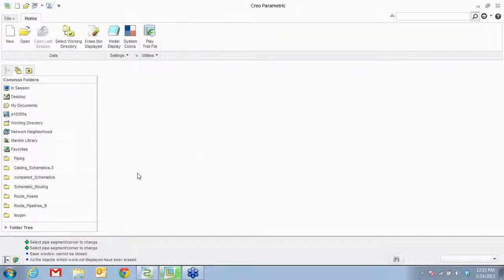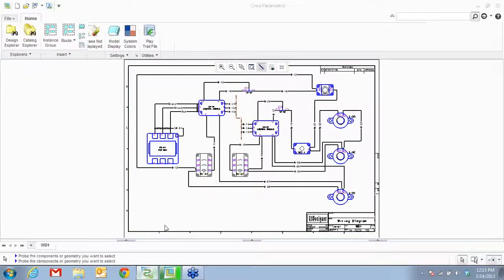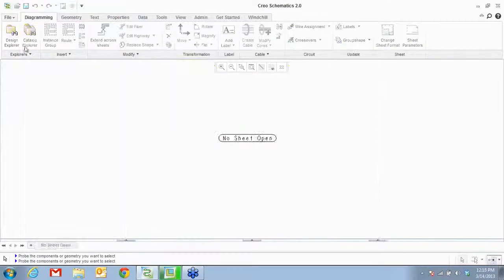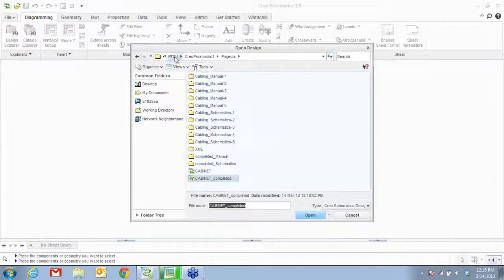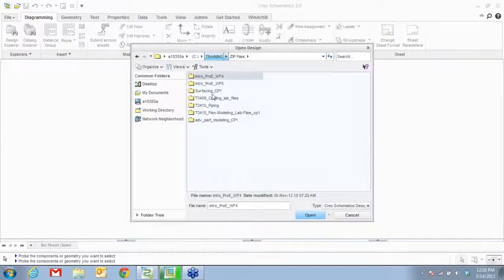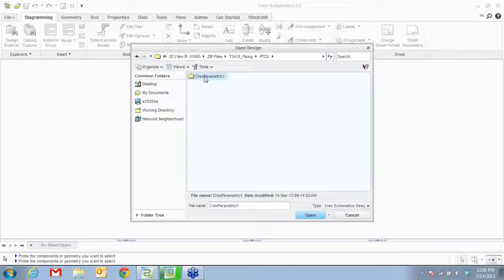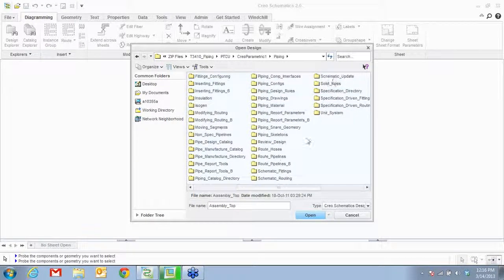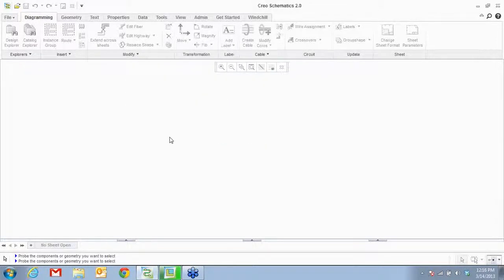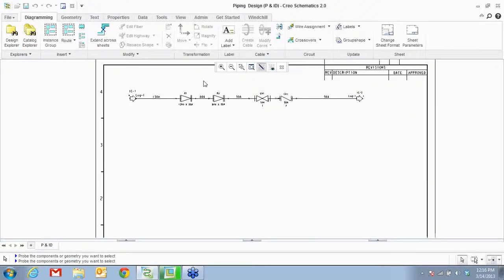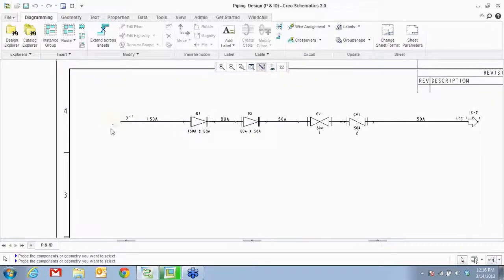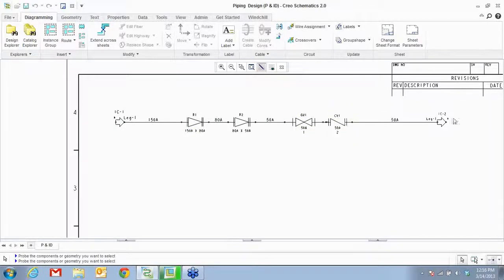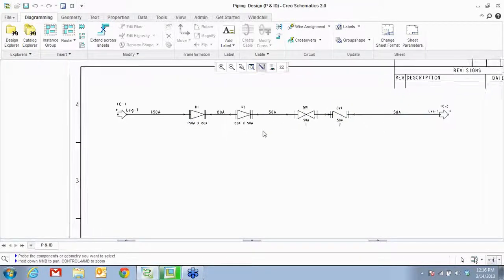Alright, so now let's also look at some schematic driven piping. So I'm going to go ahead, close this up and open some schematic driven piping. Just give me a second. I gotta go to schematic. And here's something. Here I have a connector. These are my fittings that I'm placing in the 2D schematics. This is my PNID diagram.